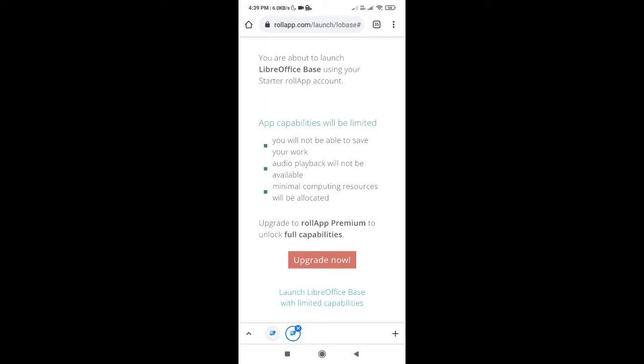After you are done with that, you can see 2 options like upgrade now or launch with limited capabilities. Just select the limited capabilities option at the bottom. Now the website is getting open.